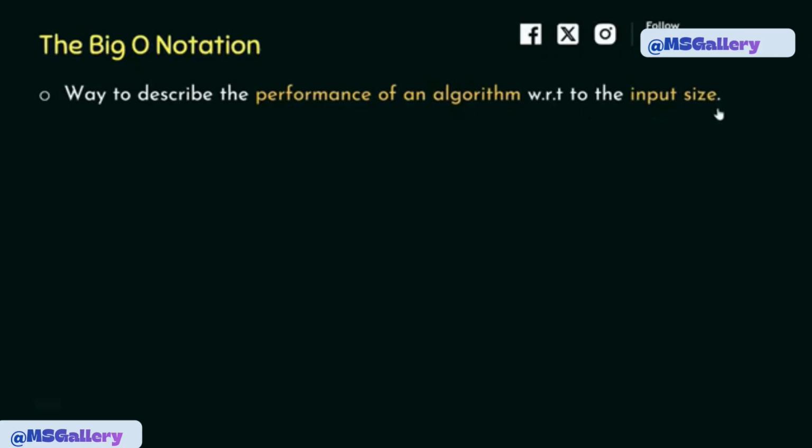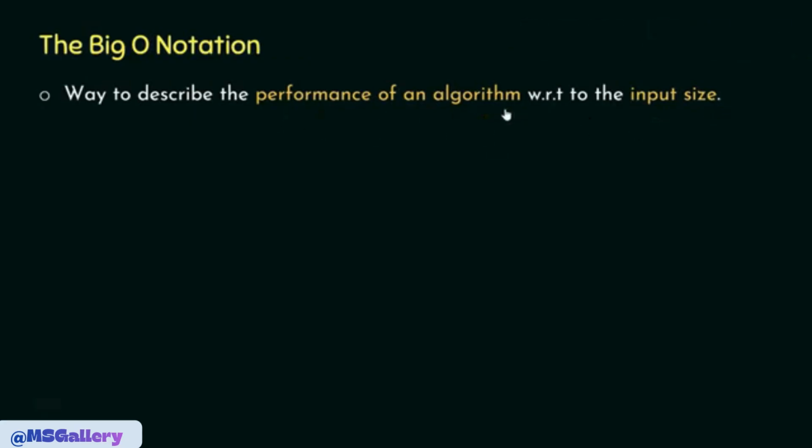to the input size. The performance of an algorithm means how fast an algorithm is or how much time it takes to execute and how much memory space it takes to execute. So performance is measured in two terms. One is time and the other one is memory space. Although throughout this course we will focus mostly on the time factor. The performance is measured based on time. But sometimes we will also mention the memory space, but mostly time is the important factor. So with Big O notation, we describe how fast an algorithm is with respect to the input size most of